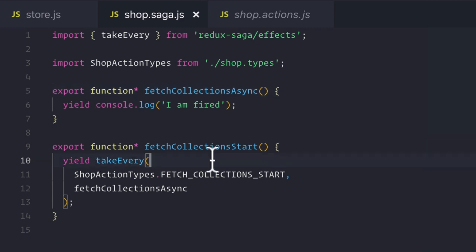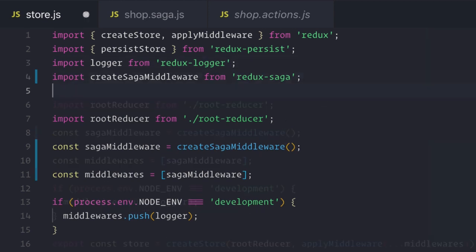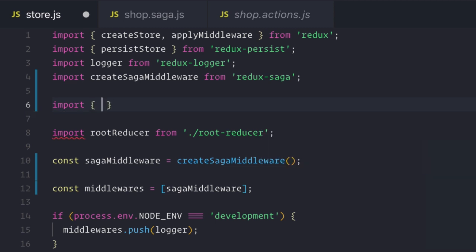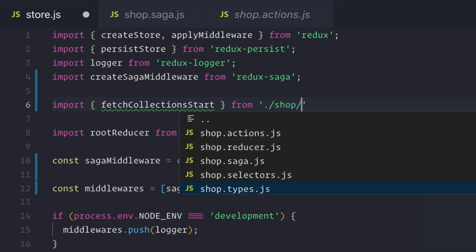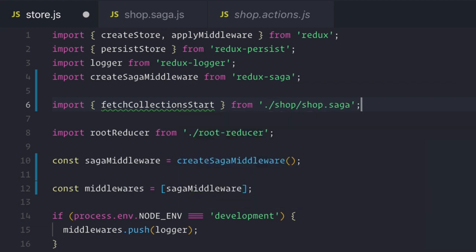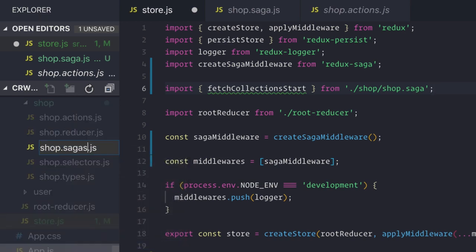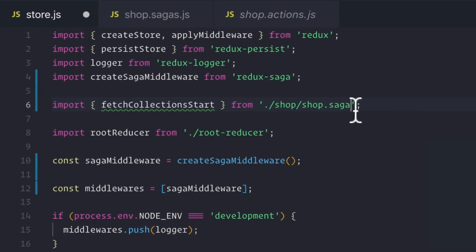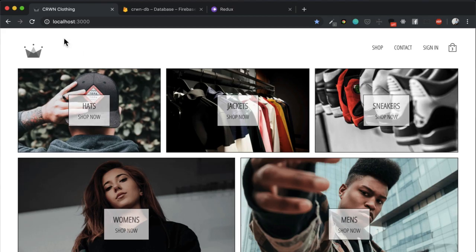But let's actually throw our saga into our store where we want to run it. So what we'll do is we will import in our fetch collection start saga from shop sagas, sorry. This should be plural. Sagas. And then we just put it in this run and we uncomment our code. And now if we go back,